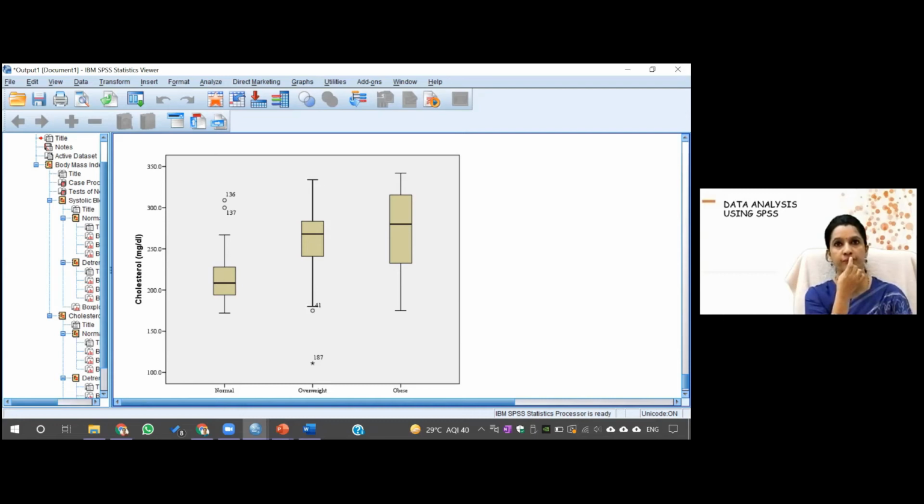Two normal, yes, two in the normal category. Okay, Praveen is writing two normal group, outlier two in overweight, yes. Any extreme outlier in any group, or are all normal? One extreme, yes, that is 187. Priyanka is also writing. Darshna, Tapodev, yes, all of you are right. Praveen, yes.